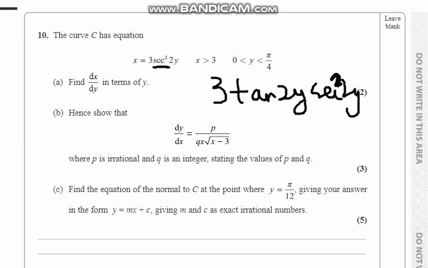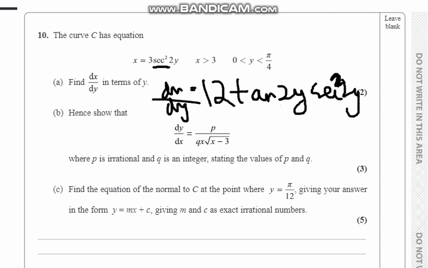And we have 2 here and we have 2 as the power, so that will be multiplied with 3. So 2 into 2 is 4, and 4 into 3 is 12. Let me write it again. There you go: 12 tan 2y sec squared 2y. That's our answer for dx upon dy.